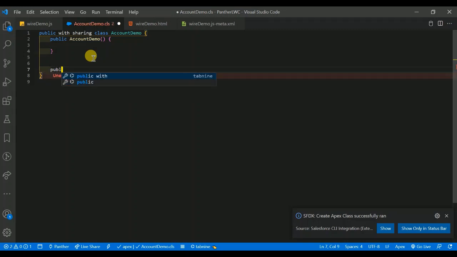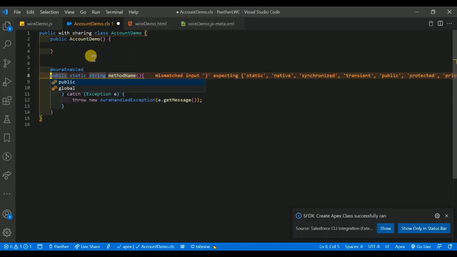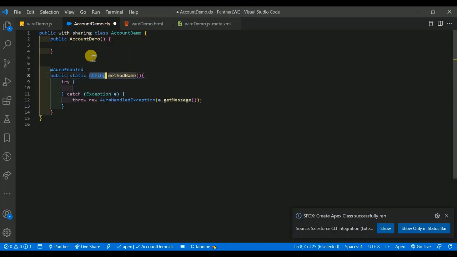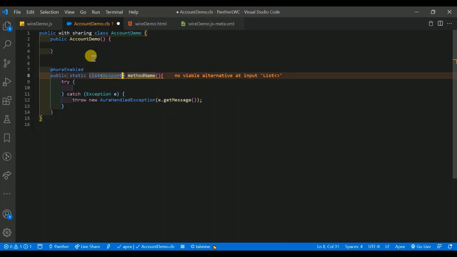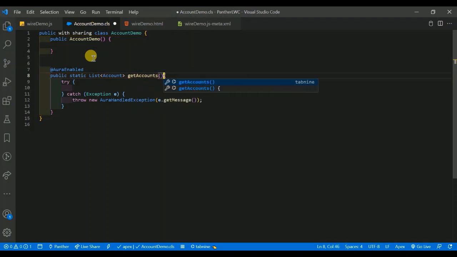Just write @AuraEnabled, a public method, and it should be static, returning a list of Account. And here you mention getAccounts.